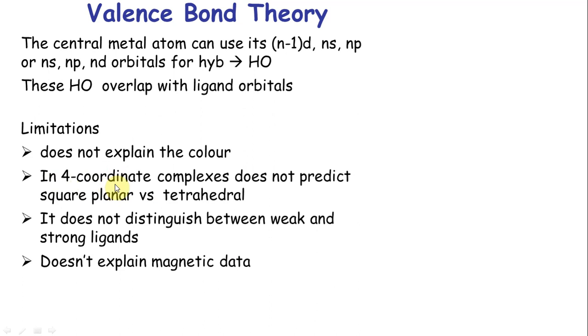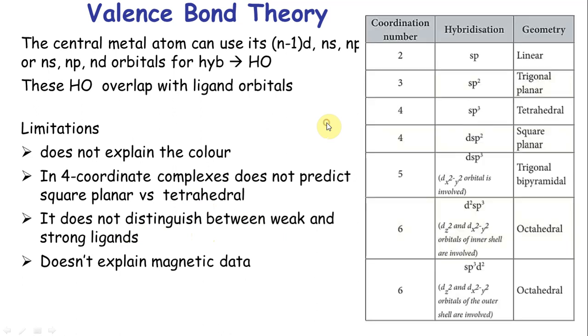In a four coordinated complex, as we saw in isomerism, we can have tetrahedral or square planar. VSEPR doesn't explain why it is sometimes square planar and why it is tetrahedral, it just says both are possible, and it does not distinguish between a weak field and a strong field ligand. Nevertheless, it gives you a basis of what shapes are possible, just like in chemical bonding, where it's pretty much the same.